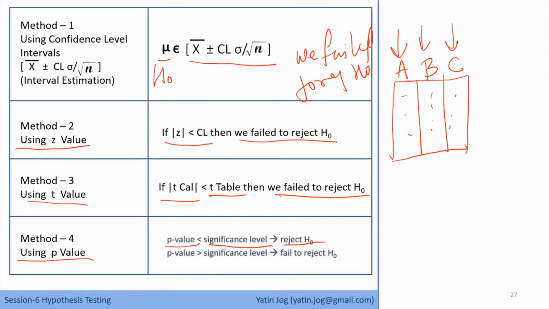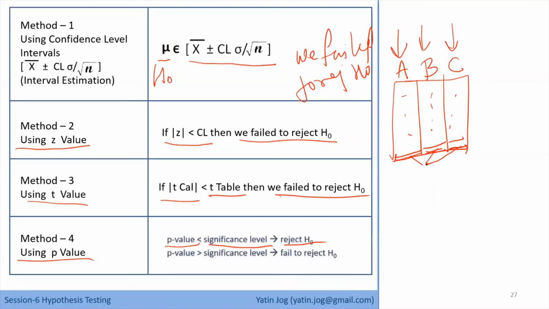3rd sample comes in the picture, like suppose I am comparing 3 groups of employees, 1 group from Pune location, 1 group from Mumbai location, and 1 group from Bangalore location. So the 3 samples are based on the locations. And I want to compare the performance of these 3 sets of employees. So in this case, I'll calculate the mean performance of set A, mean performance of set B, and mean performance of set C. And then I'll compare the mean of A, mean of B, and mean of C.